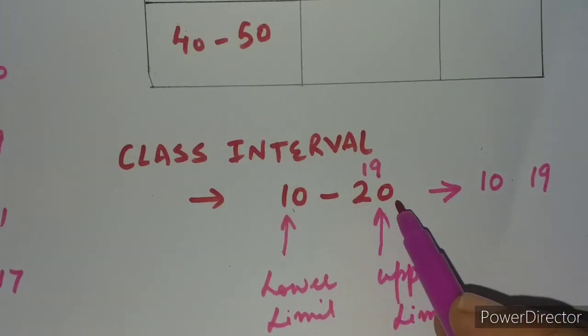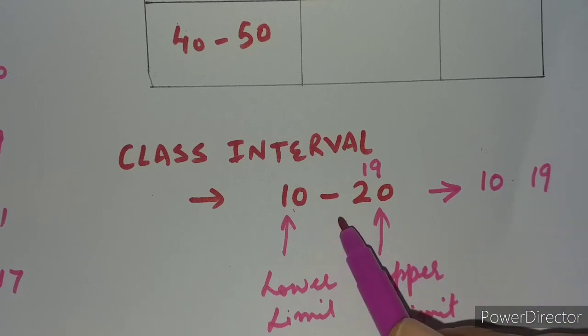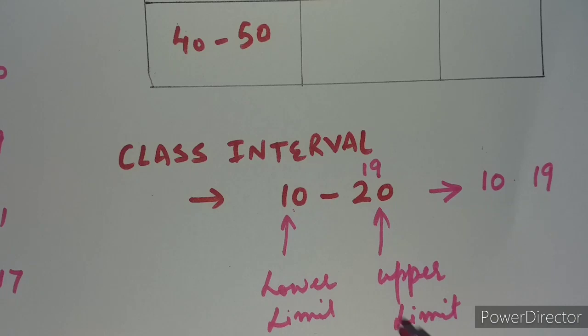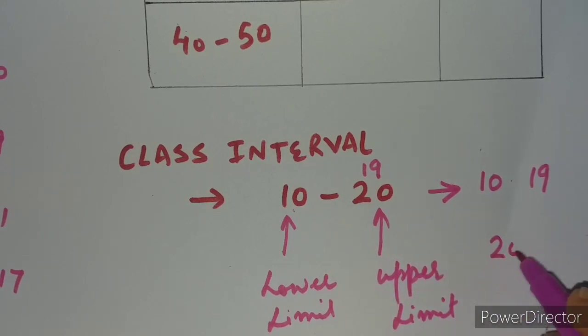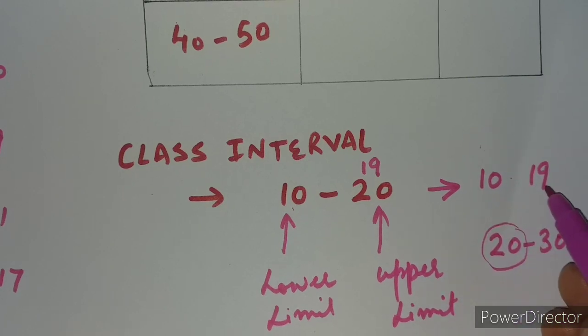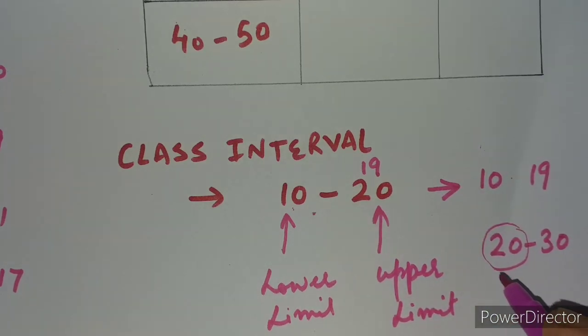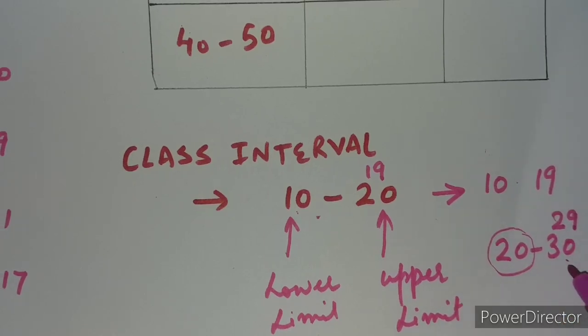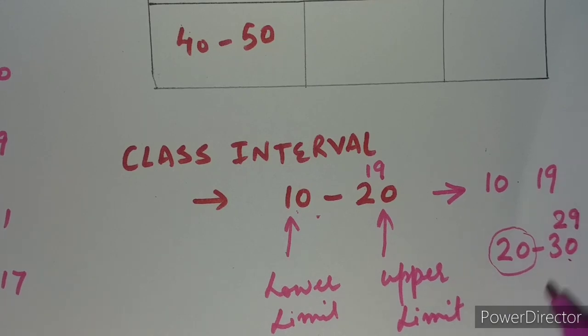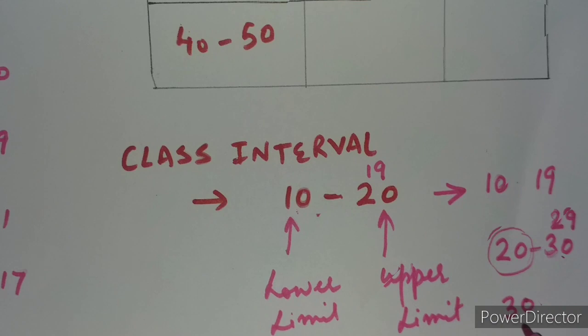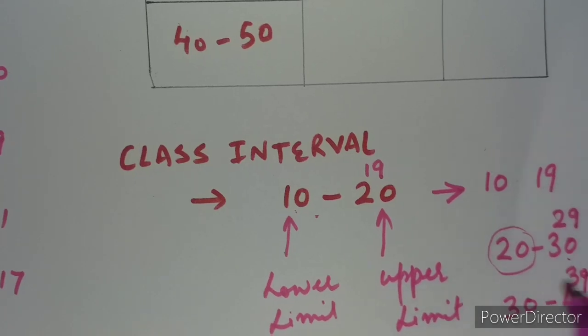And 20, which was left here, will be counted in the next class interval, because our next class interval starts from 20 to 30. Here we will start our counting from 20, because 20 was not included in our first class interval. And we will go up to where? Here we will go up to 29, not 30. The 30, if that mark exists in the raw data, will be counted in our next class interval. And because it is 30 to 40, it will be counted from 30 to 39 there, remember.